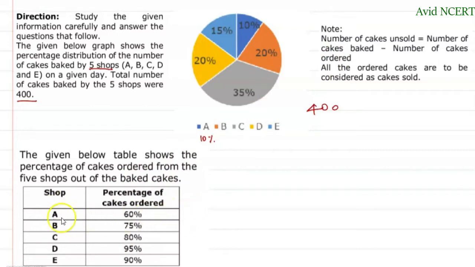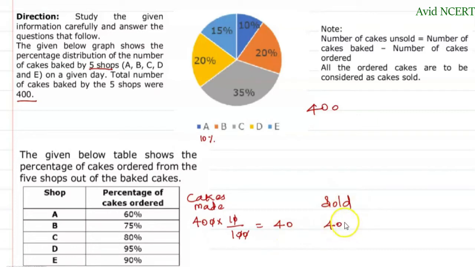For shop A, out of 400 cakes, it made 10%, that is the cakes made. So out of this 400, it made 10 by 100 of cakes. The zeros get cancelled, which equals 40 times 1, that is 40. So out of 400 cakes, it made only 40 cakes. And out of these 40 cakes, 60% were ordered, which means sold. So the sold cakes here are 40